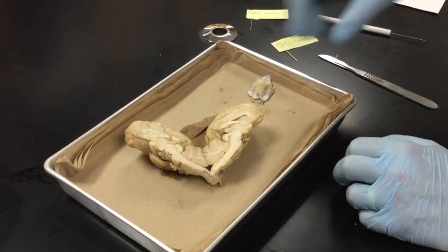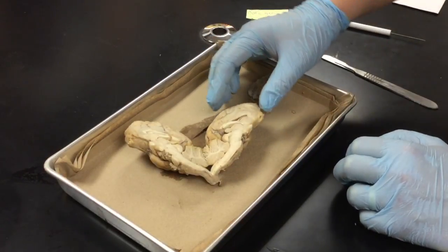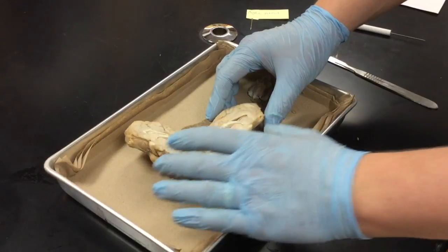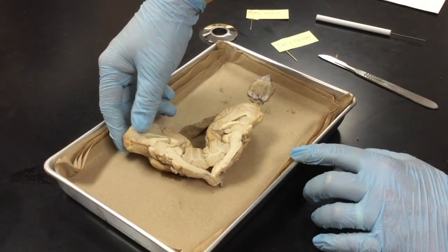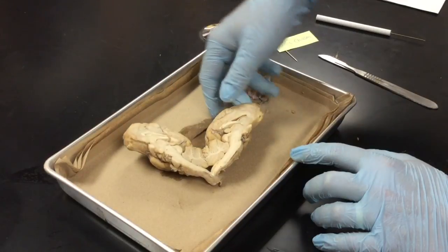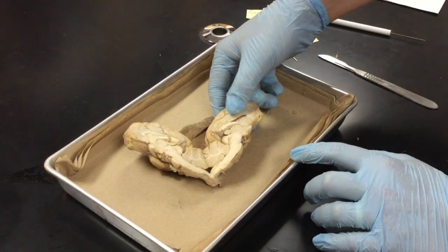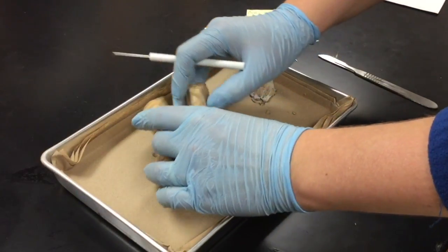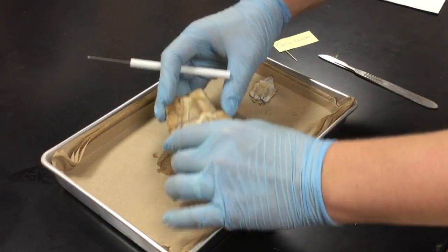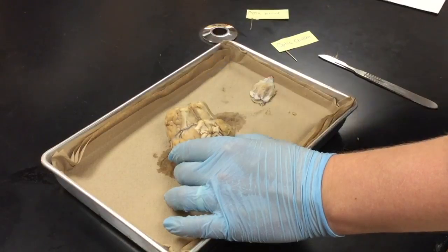Now looking at the inner parts of the brain, separating the left and the right sides. Now once again, everything's going to be a little bit flipped. So this is the right side of the brain and this is going to be the left side of the brain. What we can see is that if we find where that optic nerve was located right here,